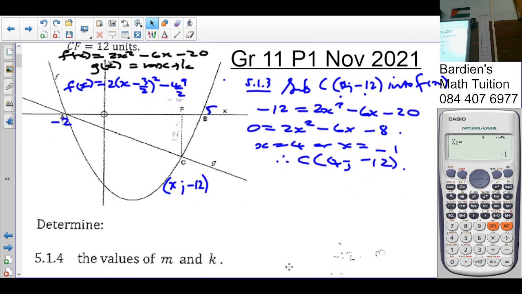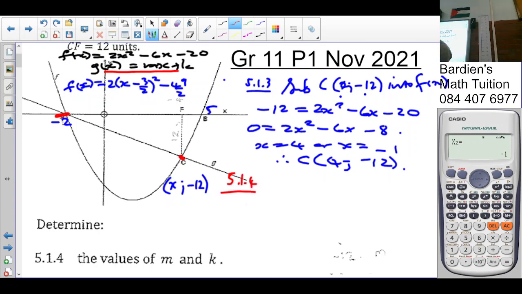5.1.4. Then determine M and K. Now M and K is coming from g of x. Okay? So 5. Okay, so we look at g of x coming from that formula, and these are 2 points that are lying on that straight line as well. Okay, so in 5.1.4,